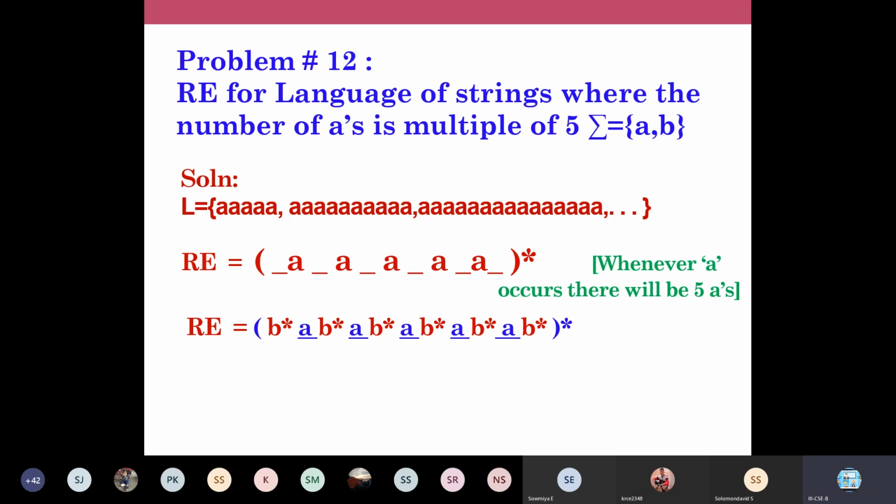So in the previous problem, the number of zeros is a multiple of 2, so 2, 4, 6, 8 like that. Here I've taken the symbols as A and B. The input alphabet consists of 2 symbols A and B, and the number of A's should be a multiple of 5, and about the number of B's, they have not given anything. Like in the previous problem, about ones they didn't define anything. Likewise here, about the B, nothing is defined. So can you try to write the regular expression for this? Some of you can give the answer in your chat box if you are able to solve this problem.